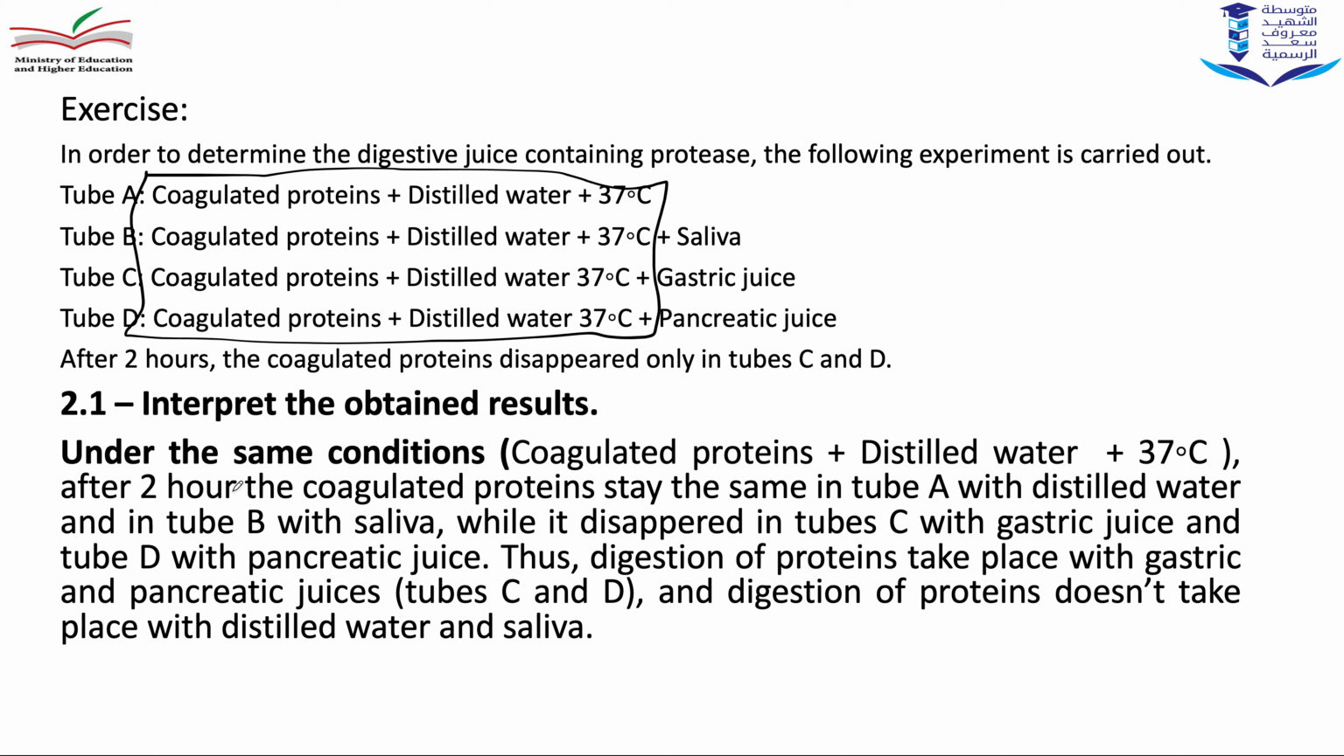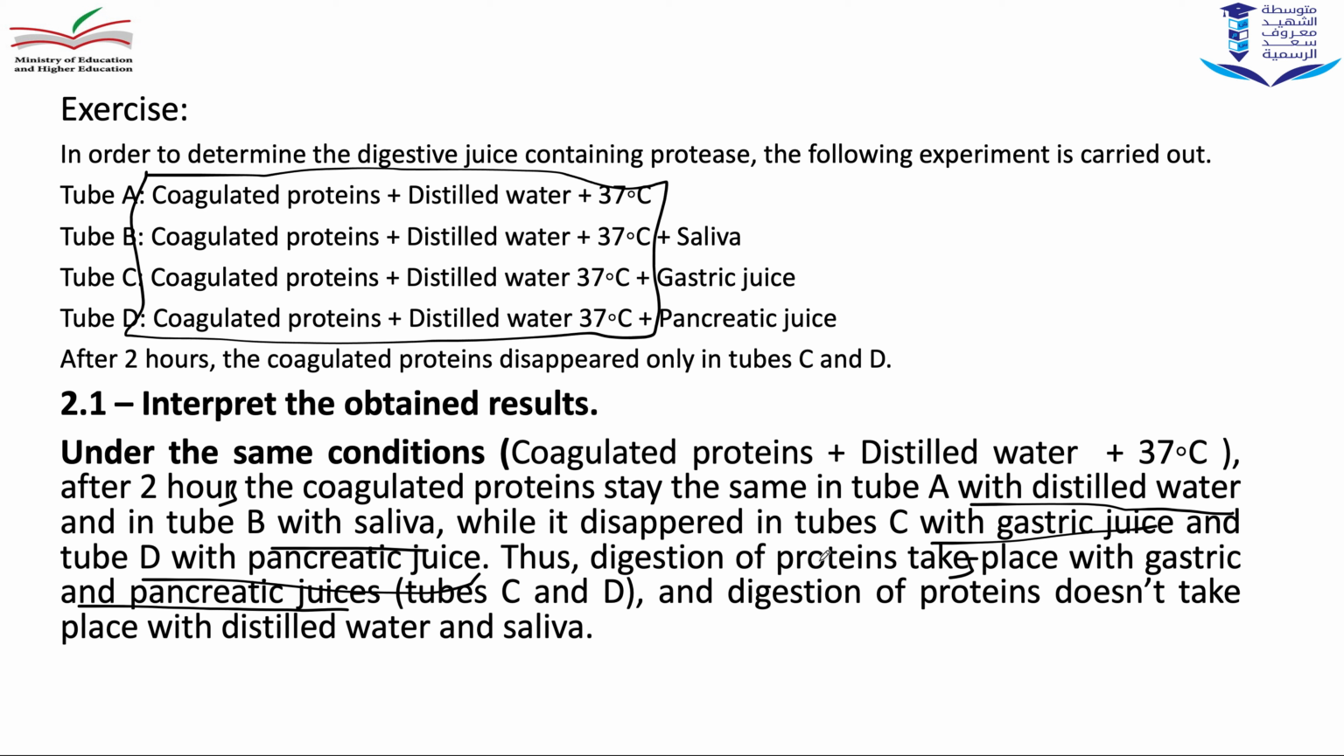After 2 hours, the coagulated proteins stay the same in tube A with distilled water. This is the variable factor. And in tube B with saliva, while it disappeared in tube C with gastric juice and in tube D with pancreatic juice. Thus, digestion of proteins takes place with gastric and pancreatic juice, tubes C and D, and doesn't take place in tubes